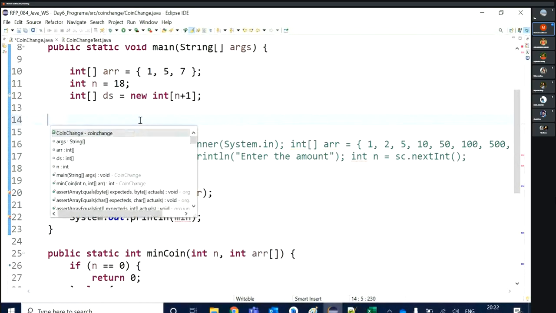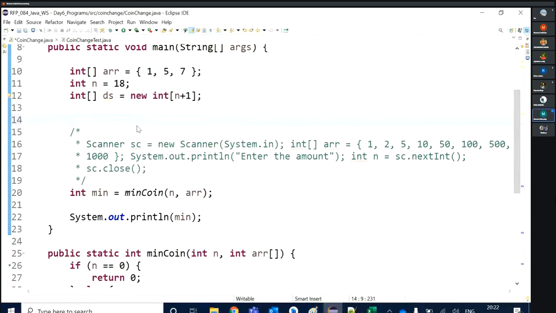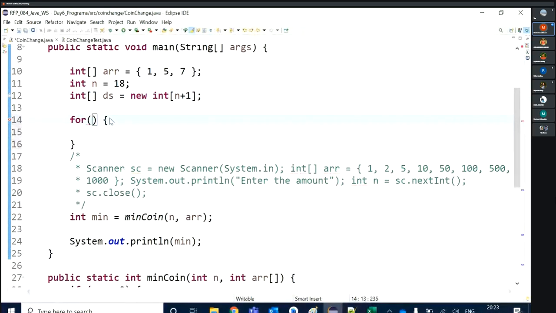Sorry, Darpan, what do we need now? Add method, sir, use ds dot add. I want to assign -1 to all the elements of the ds array. Use the for each loop here.